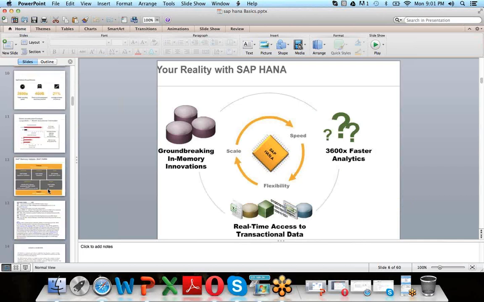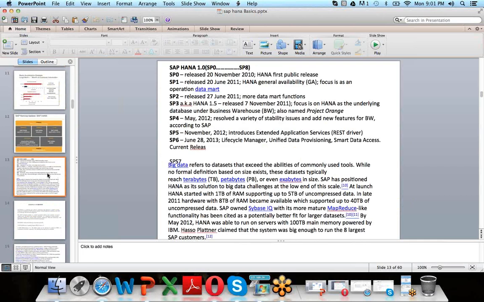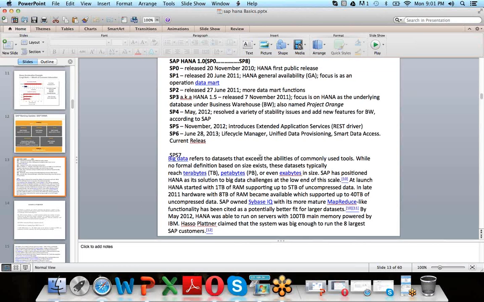Coming to HANA history, HANA was released by SAP on November 20th, 2010. That is the first public release of SAP HANA, HANA 1.0 Service Pack 0. Later on various service packs were released. The latest one is Service Pack 9. So basically SAP released SAP HANA